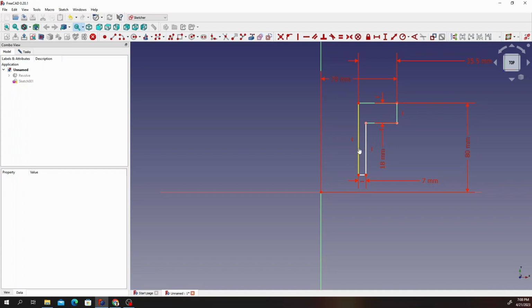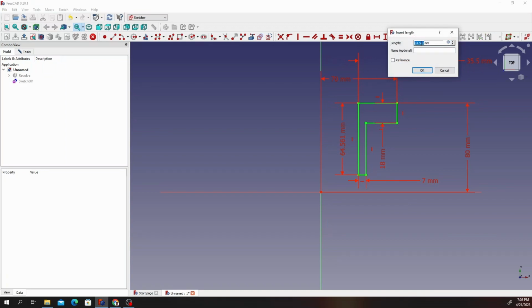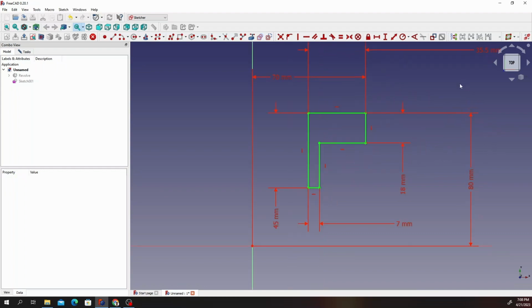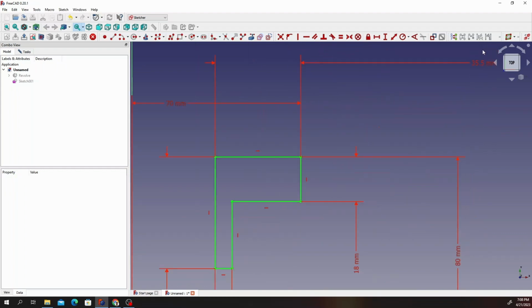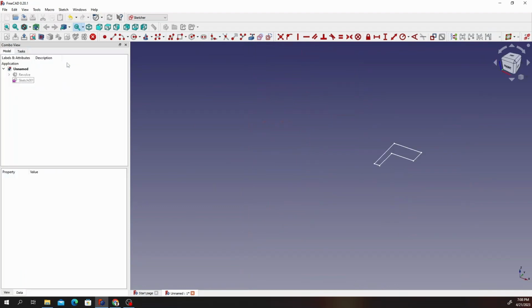Okay, and select this and give it a vertical of 45. If you followed along and everything is good, we should be having something of the sort. Okay. All constraint, go back to our task, click on close,